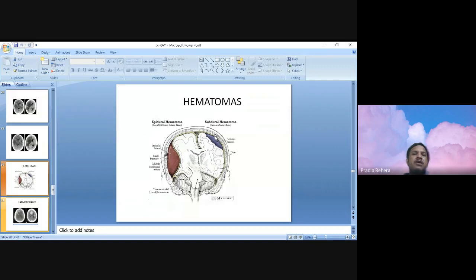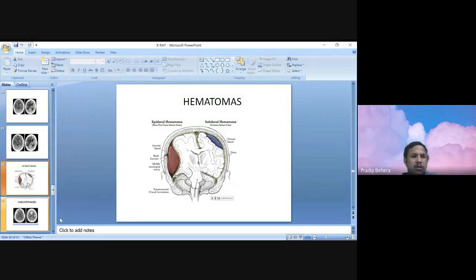And in subdural hematoma, what we find is a concavo-convex shape. That means the outside is concave and the inside is convex. So this is called a subdural. These basic differences we should keep in mind. An intracerebral bleed, as you know, will be inside the parenchyma. For a subarachnoid bleed, we usually look in the cisterns. Subarachnoid hemorrhages are normally due to a berry aneurysm in the circle of Willis. When there is a rupture, the blood will collect surrounding the circle of Willis, that is the basal cistern. So the basal cistern will contain the blood.